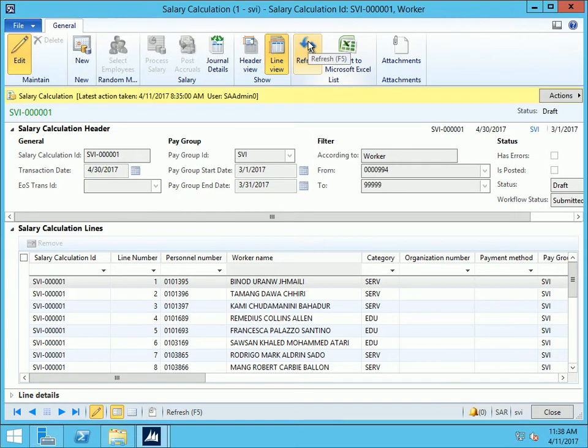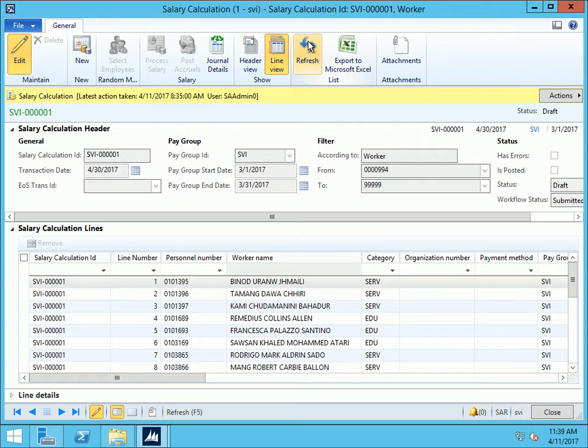Yes, the system has two ways to calculate the vacation salary. The first way is to pay it separately. That means if we create the vacation transaction, we can pay it immediately. Then these days will not be paid with the salary. Even if the employee is still on vacation, the same message will come: this employee is still on vacation. The system will not calculate the salary for him